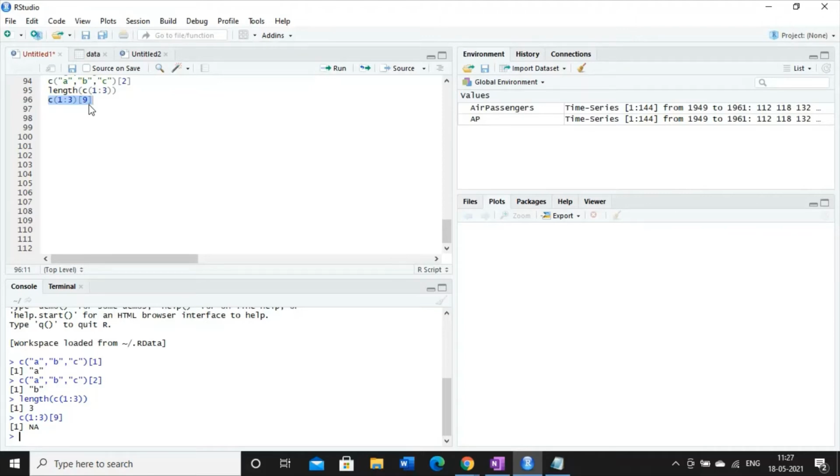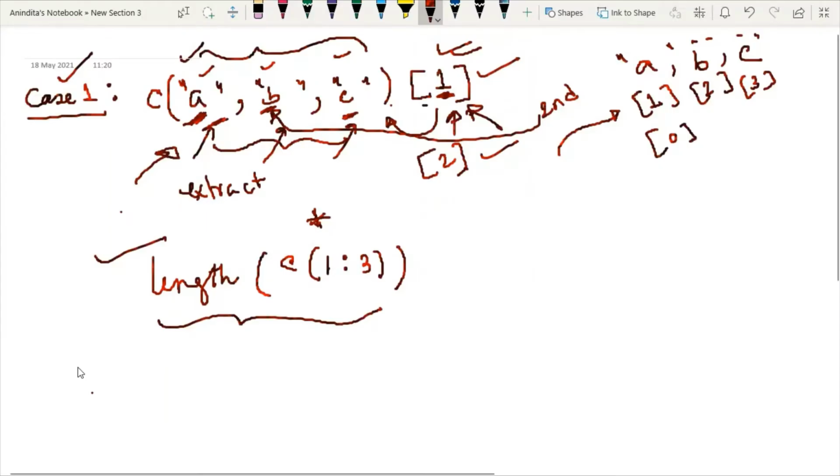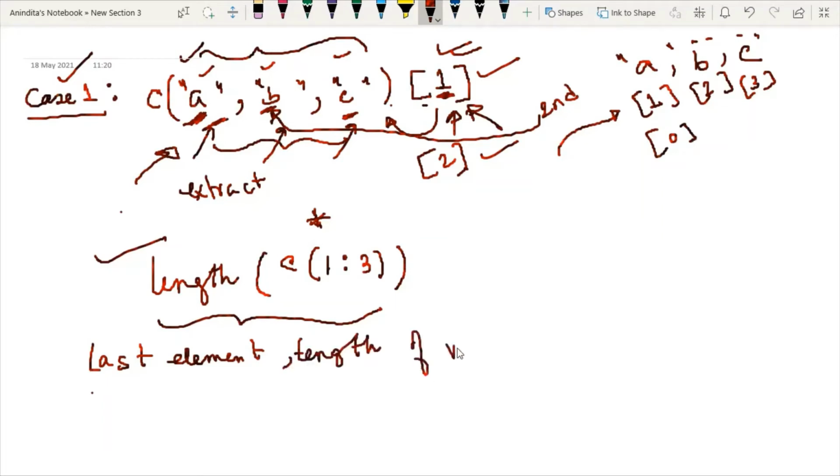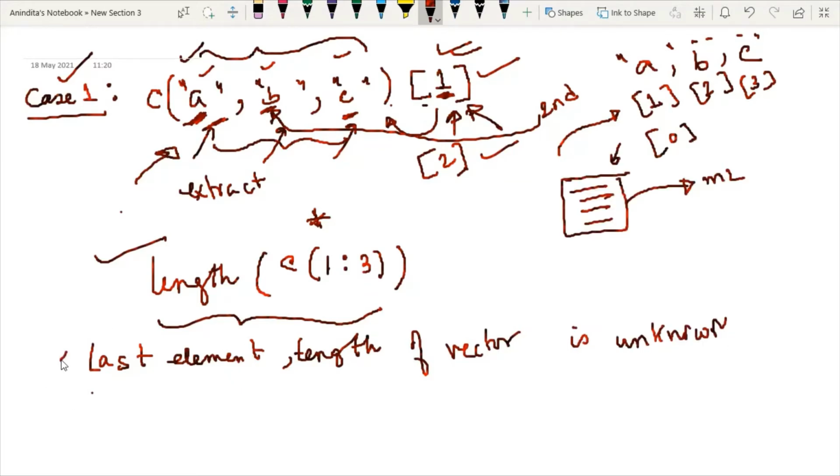Now we have some more consideration. Consider a situation where you want to extract the last element of the vector. But here the problem is, say the length of the vector is unknown. It may happen in real life. So now consider this situation where I need the last element of the vector.